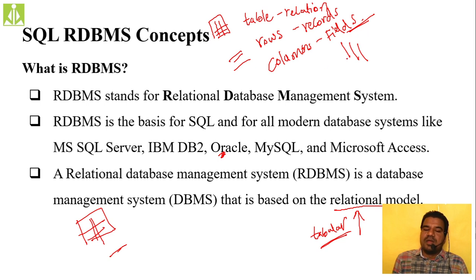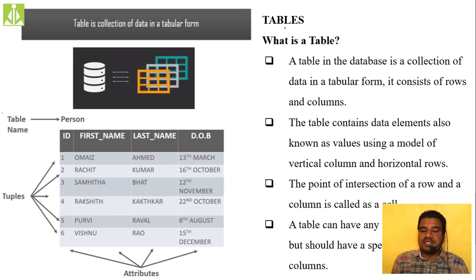So some of the major concepts inside an RDBMS we discussed. Rows are nothing but records, fields are nothing but columns, relation is nothing but a table. In RDBMS, the complete data will be stored in the form of relations by following a relational model. Relation is nothing but your table. Hope you understood this. So here, what exactly is a table? Now we are dealing with tables, and what exactly is a table?